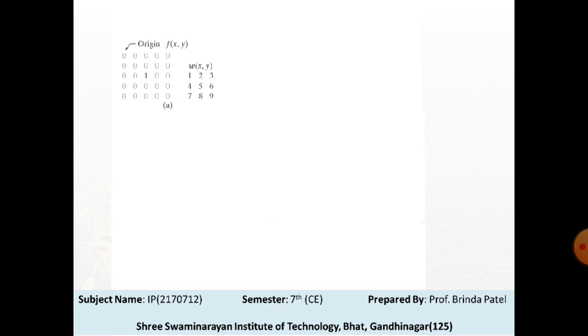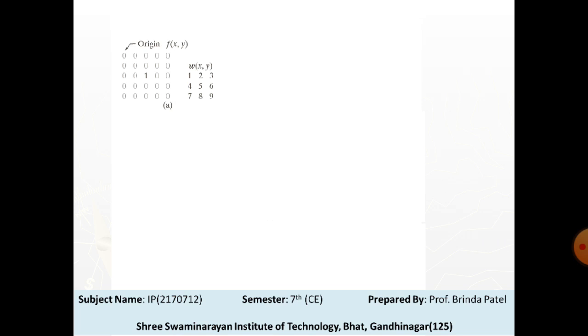For a filter of size m cross n, we pad the image with a minimum of m minus 1 rows of zeros at the top and bottom, and n minus 1 columns of zeros on the left and right.